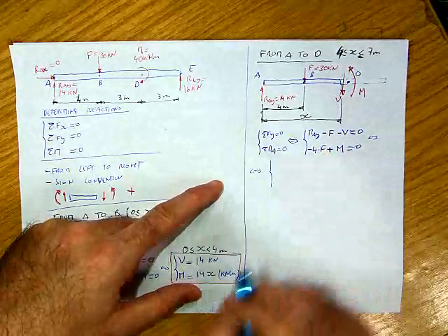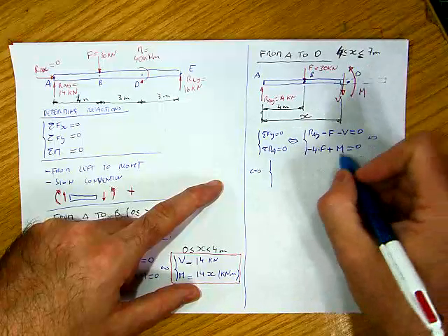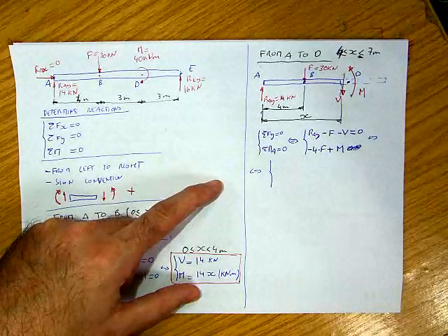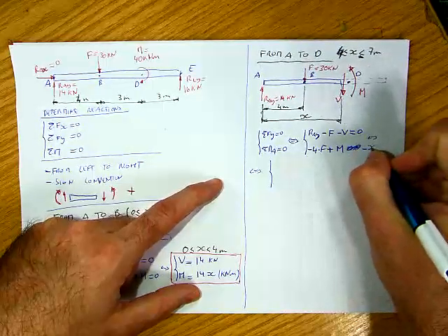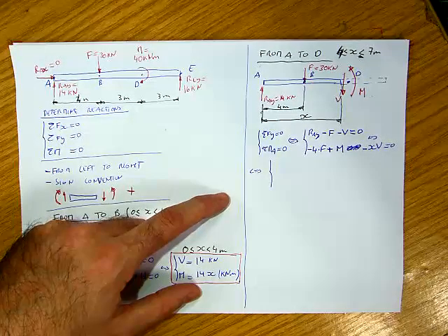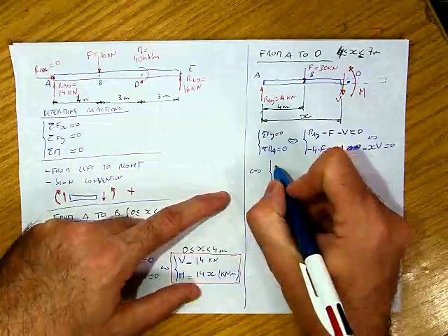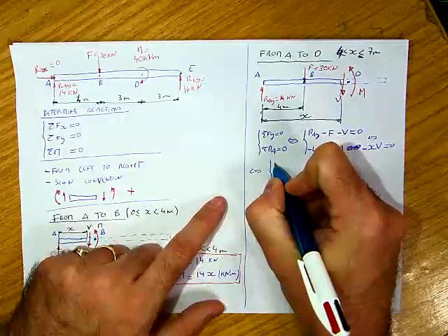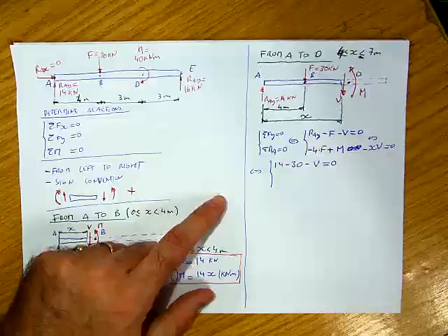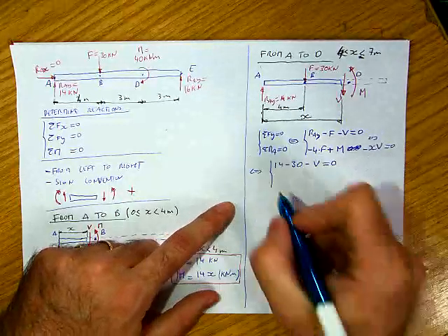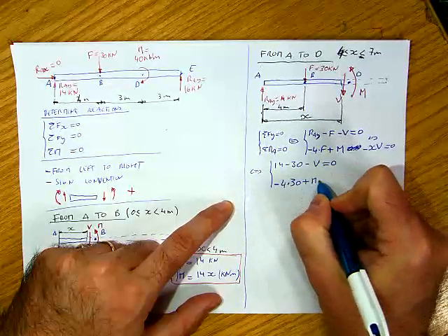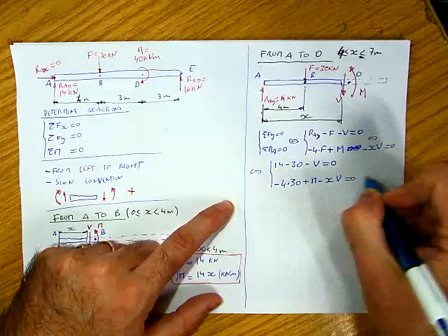And on the equation at the bottom, sorry, I forgot something here. I need to add, obviously, the transverse shear or the shear force, which is going to be minus XV equals 0. Apologies about that. Right, so this is my equation. So now what I have at the top is RAY is 14 minus 30 minus V equals 0. Okay, and at the bottom what I have is minus 4 times 30 plus M minus XV equals 0,